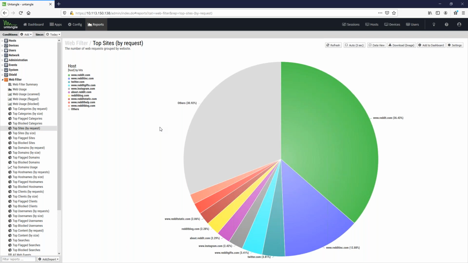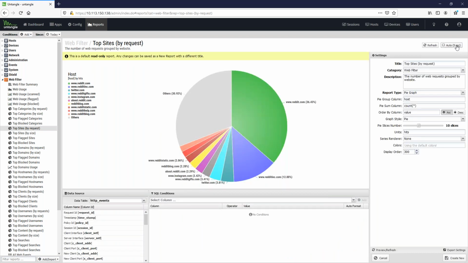So what you can do is if you go into settings here, you can add a condition to the report instead of adding it up here as a condition. What this lets you do is save that condition as part of the report for future reference, so you don't have to come in and add that condition globally every time you want to see the data. So to exclude Reddit from this report,